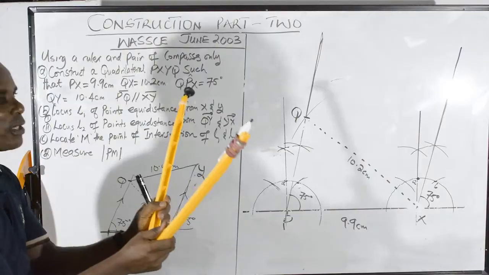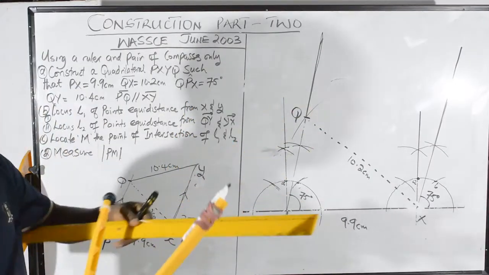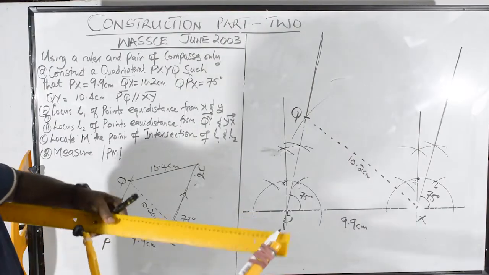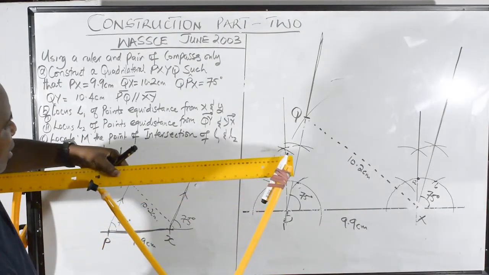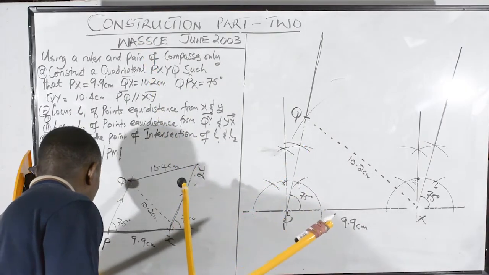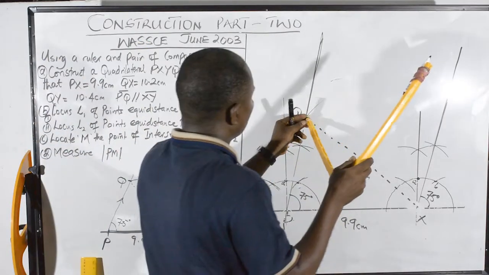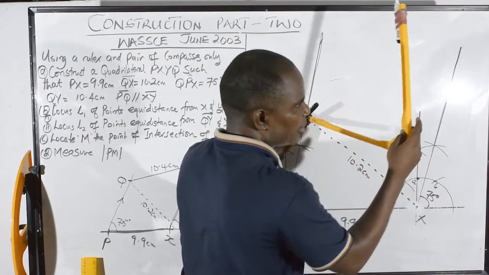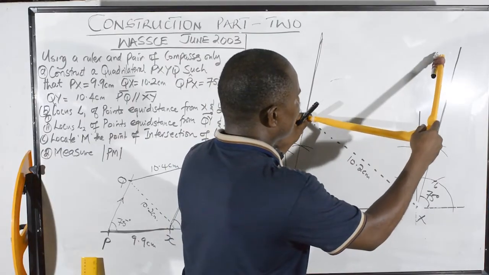Now it is 10.4. So I expand it a little bit. So I come back there. Let's see, this is now my own 10.4. I'm making it increase a little bit. This is 10.4. I see that 10.4. So I've measured that 10.4. So I move from here. I should ensure that I strike, since it is 10.4, this is my 10.4, I should strike that line somewhere there.